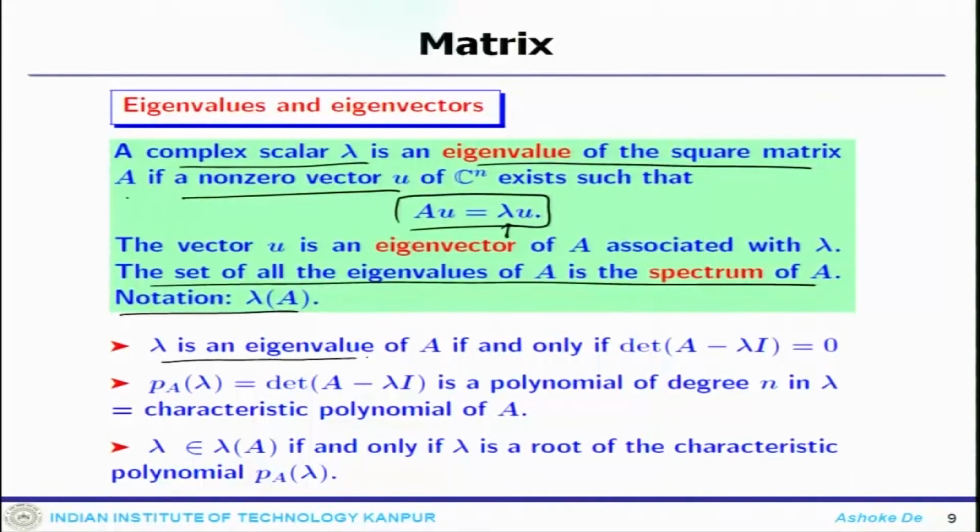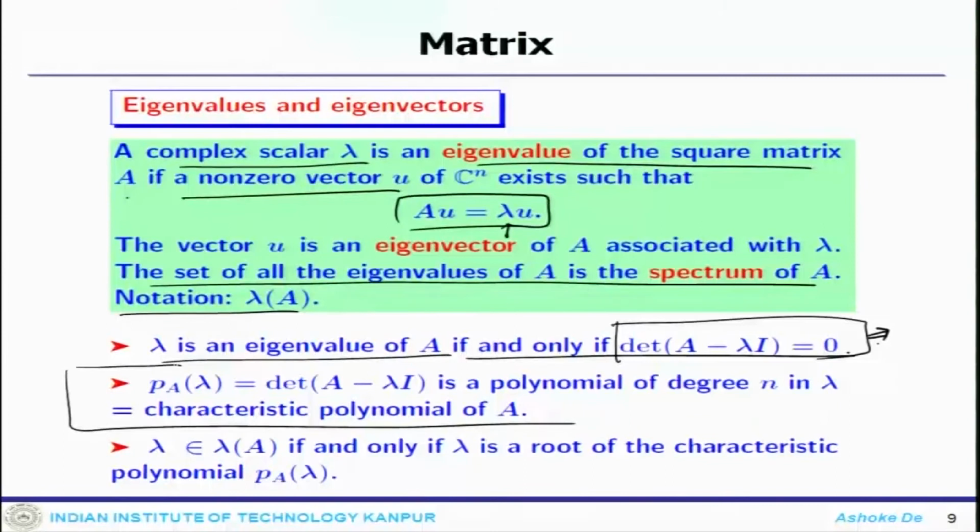Lambda is an eigenvalue of A if and only if the determinant of A minus lambda I is 0. So, this is the criterion, and that leads to a characteristic polynomial. It depends on the size of the matrix. If it is a 3 by 3 matrix, then it would be a characteristic polynomial of third order. If it is 4 by 4, fourth order. So, it gives you, depending on the size of A, that order polynomial, and once you solve that polynomial, the roots of the polynomial are going to be the lambda. So, this is what exactly it means, the characteristic polynomial.